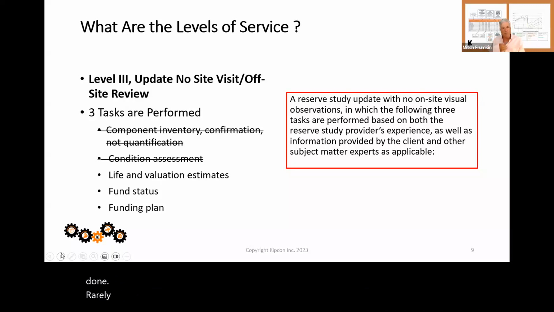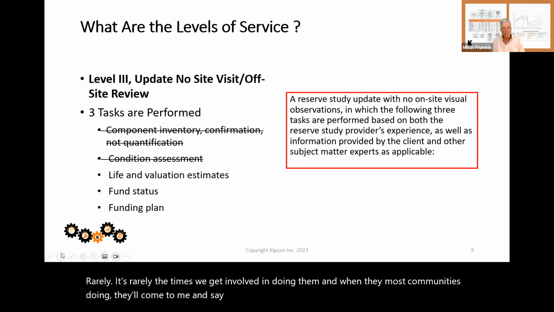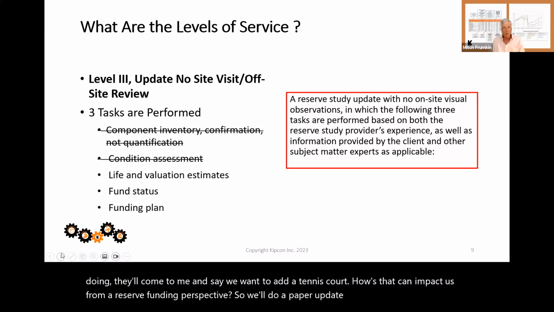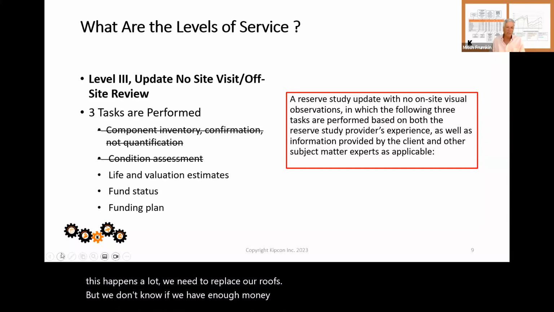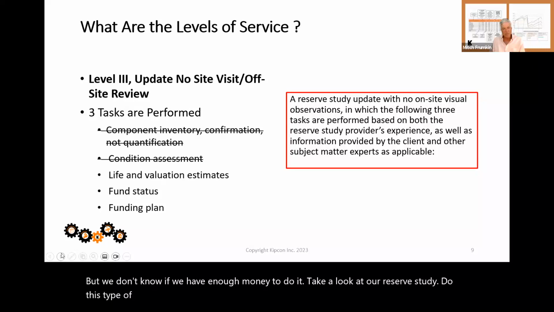It's rarely. The times we get involved in doing them, and when most communities doing them, they'll come to me and say, we want to add a tennis court. How's that going to impact us from a reserve funding perspective? So we'll do a paper update, as we call it. Or they may say, this happens a lot. We need to replace our roofs, but we don't know if we have enough money to do it. Take a look at our reserve study, do this type of update to see if we have the funding available to replace our roofs. So there's a few different times this is used from